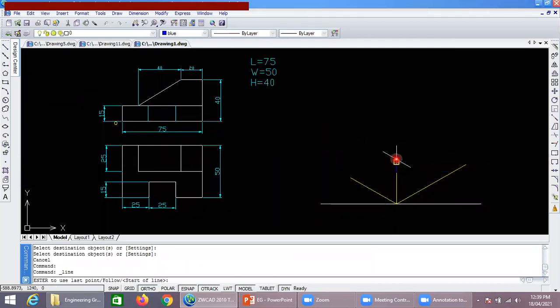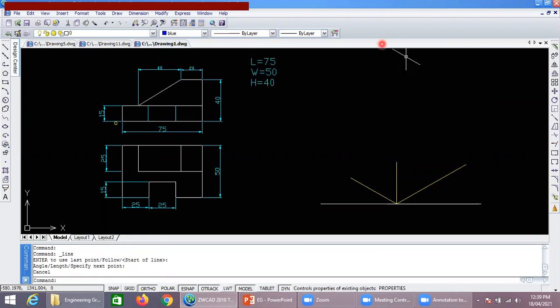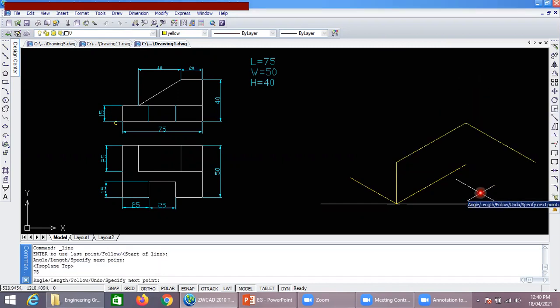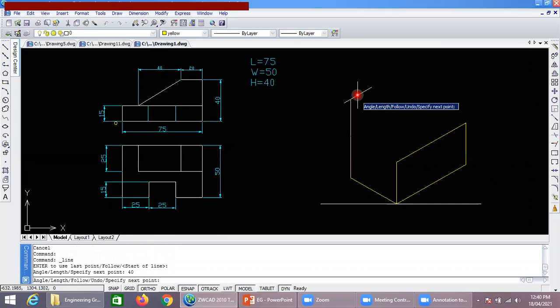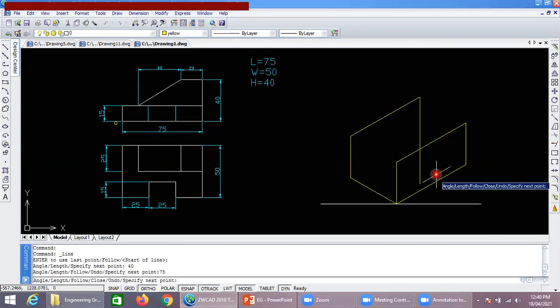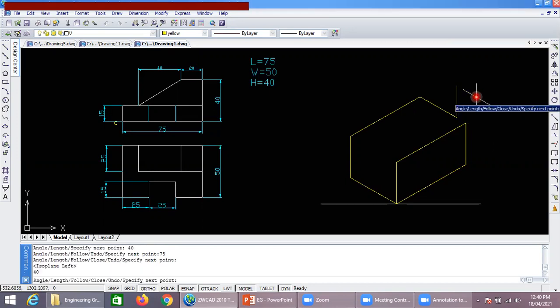As we have length of 75, we will take the length of 75, the height of 40, again the height of 40, the length of 75, and the width of 50.